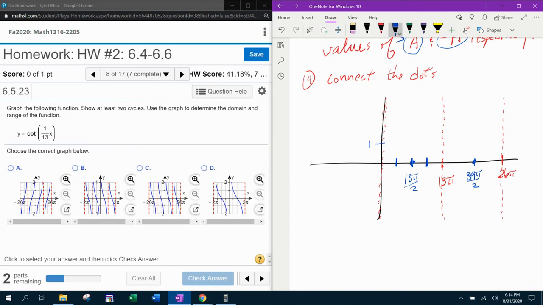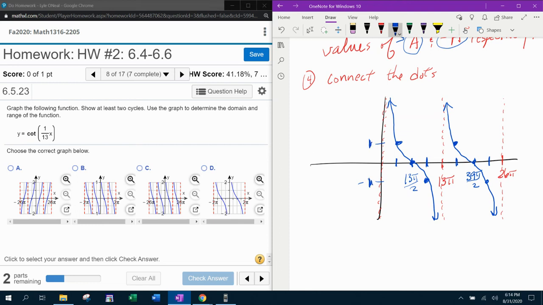So if I go up here to 1, I would be at 1 here. And then at the third quarter, I'm going to be at negative A, which would be negative 1. And then I can connect the dots. And then I can copy and paste that. At the first and third quarter, we're going to be at A and negative A. And then I can make another squiggle. Okay? So then that's what the graph should look like doing it by hand, knowing that this goes to 1